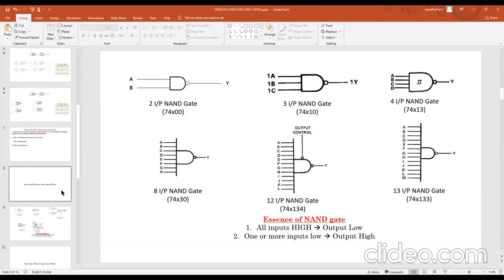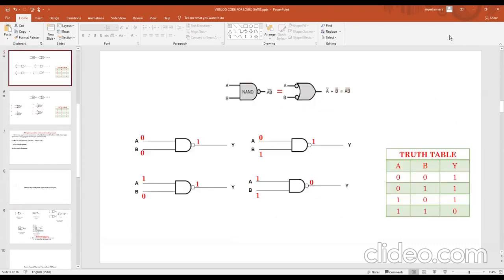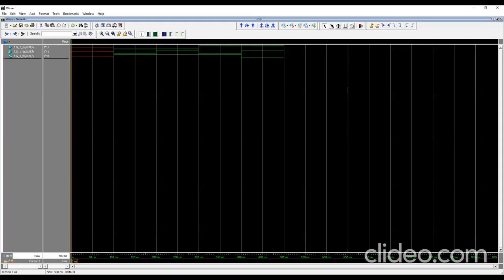So here, this is the positive logic version over here. Here it is showing 0, 0 is equivalent to 1. Here we'll see 0.